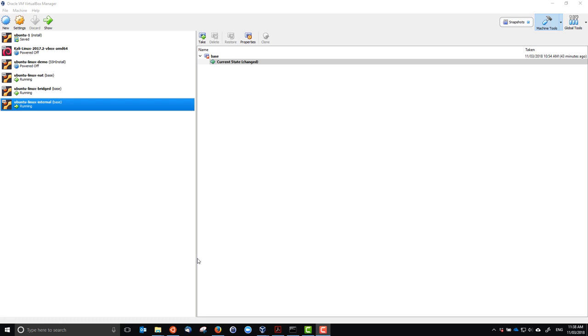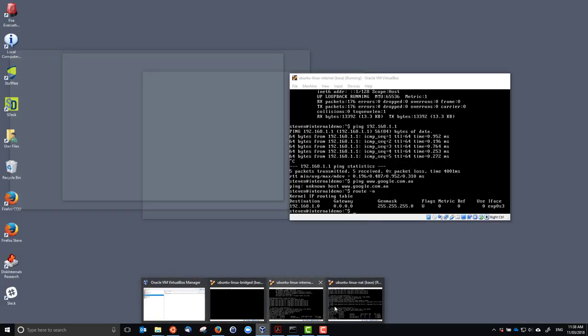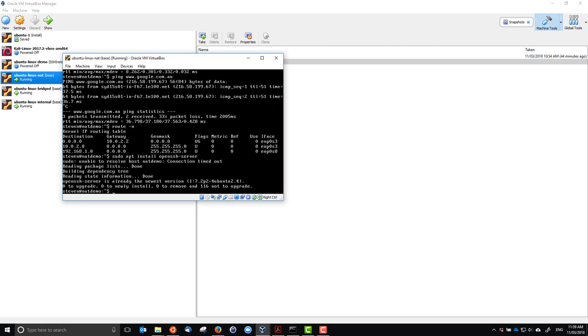With NAT mode, hosts cannot access the guest unless we enable port forwarding. So to finish off, let's look at port forwarding. To demonstrate this, I'm going to use a secure shell server, so I'll install that. I'm on my NAT demo node here, and I'm going to install the OpenSSH secure shell server. What I want to be able to do is, from my host machine, log into